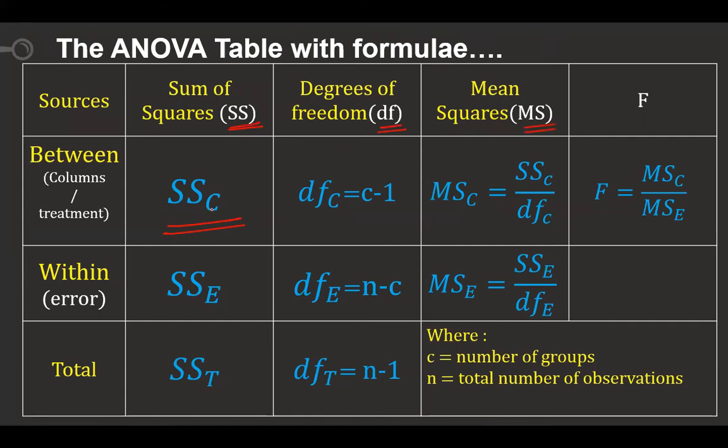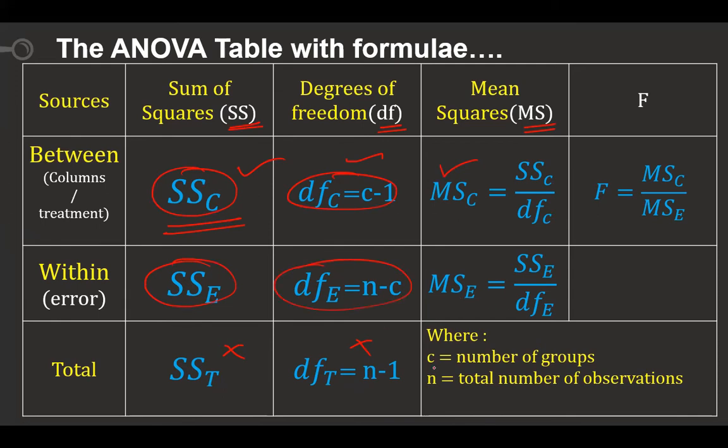SSC means I'm going to find out the sum of squares between. Now I'm going to find out the sum of squares within. That is SSE. I just wanted to give these notations. Total will be calculated, but you can omit it. It's not necessary, these two things. Only these columns are there, right? Now, once this is calculated, this is the first value, this is the second value, you divide it. So I'll get MSC, SSC divided by DFC. Now, this value is divided by this value, I will get MSE.